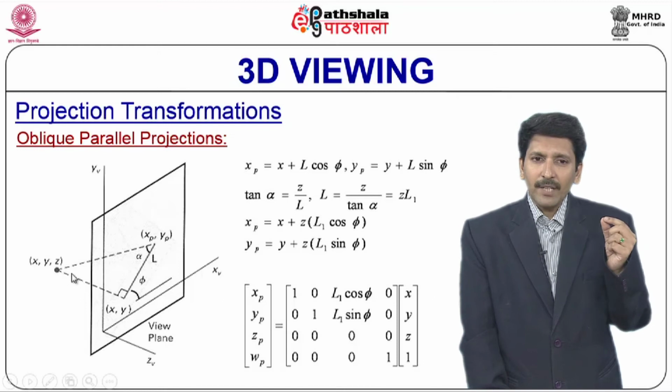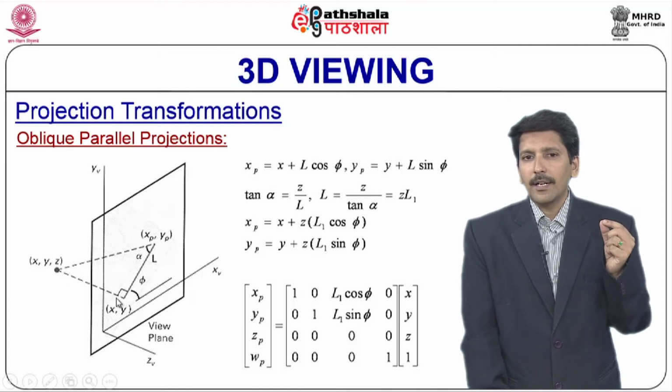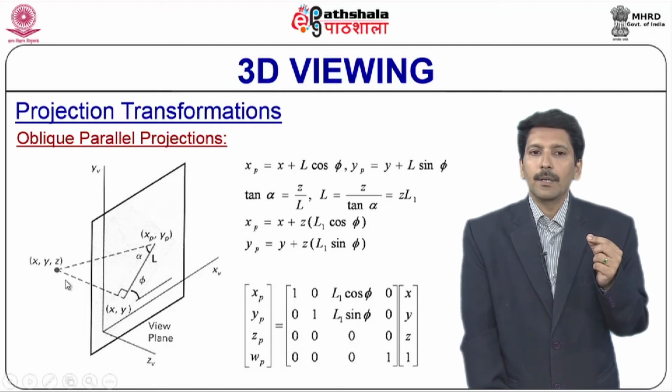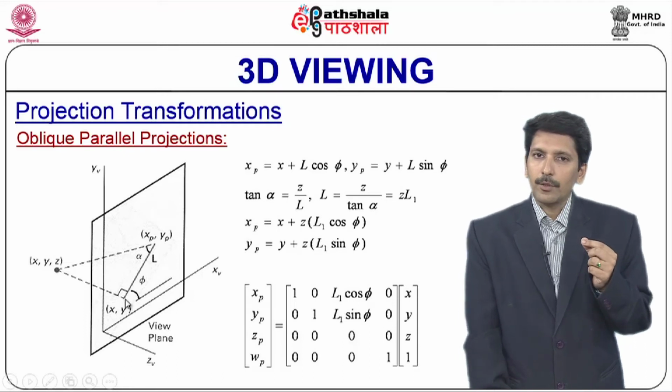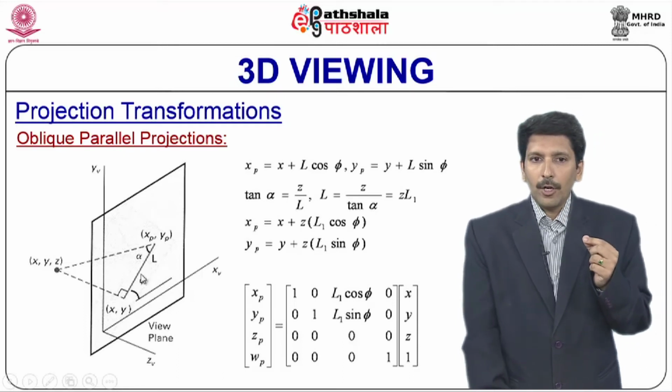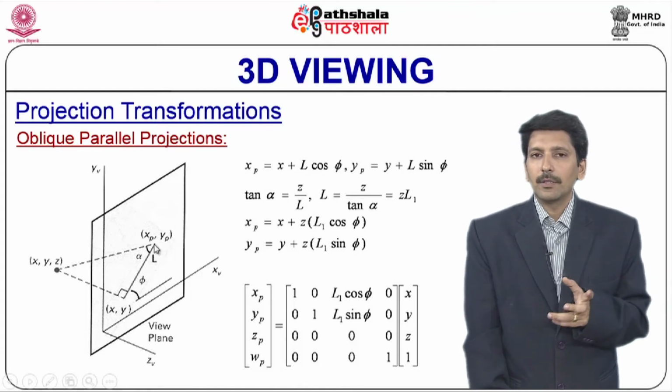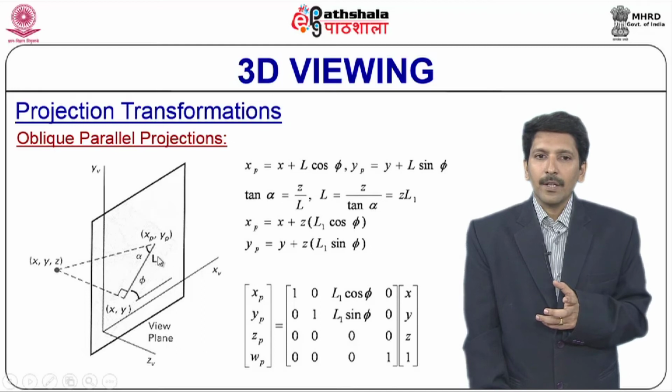Now, this is the orthogonally projected line. See this line which is exactly parallel to the z_v direction. This direction should be exactly parallel to the z_v direction. So, this is why it is orthogonal. Now, it hits the view plane here, which is the x comma y position. Now, connect these 2 points with an imaginary line L, with the ends x_p, y_p and x comma y.